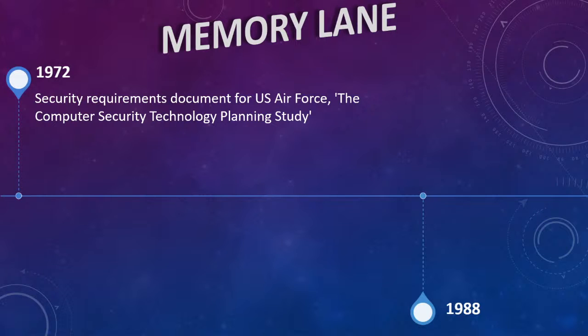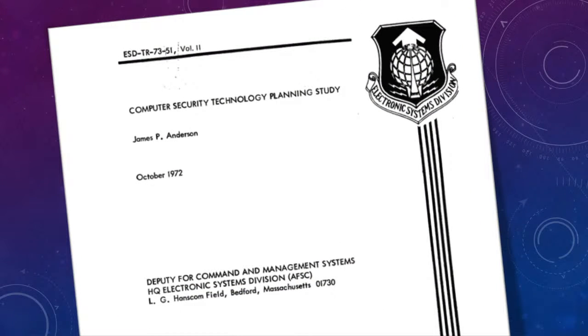Yeah, so right around the time that I was just a child, this document called the Computer Security Technology Planning Study got created. Essentially, this document was made for the US Air Force. It's pretty much the birthplace of what we consider the buffer overflow now. It's the first ever concrete description of what this vulnerability is. Yeah, it's unreal. This document was really major at the time.